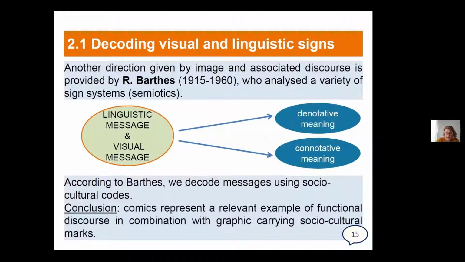And he also said that if we pertain to linguistic and visual messages, we can analyze them denotatively and connotatively. According to Barthes, we decode messages using socio-cultural codes, and this is a very important aspect. In conclusion, comics,